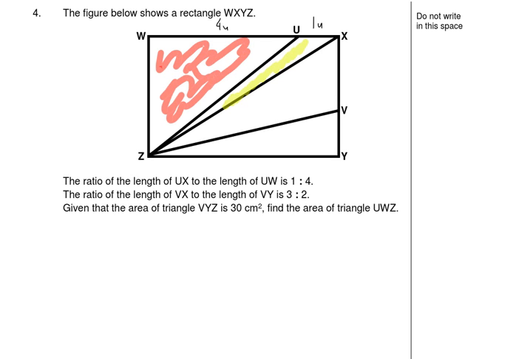Now, let's look at this area. Is this area equals to this area? Correct? It's half, right? Half of the rectangle, right? Okay. So, in other words, if this is 5 units,